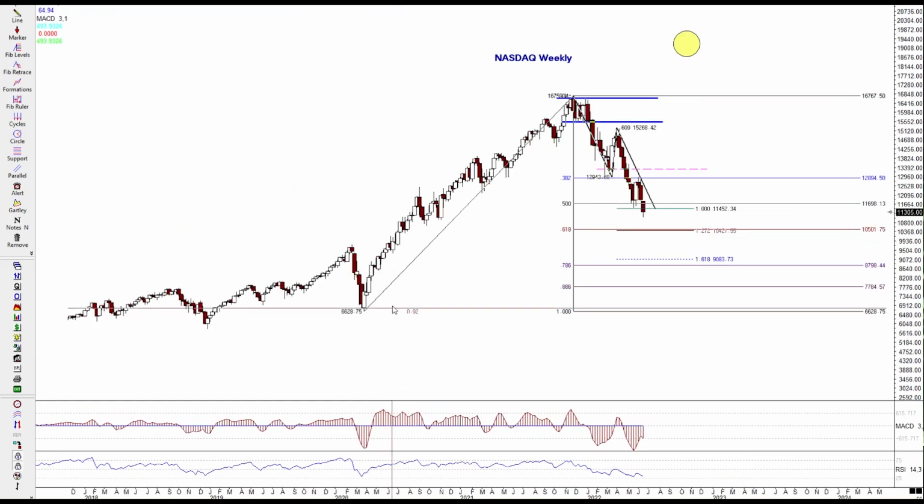Now, looking at the NASDAQ on a weekly chart, we just looked at the Dow. We could see that the Dow retraced just to the 382, where the NASDAQ has traded to and below this 0.50. It's a lot on this weekly chart. There's a lot of resistance up here in this area. A lot of times